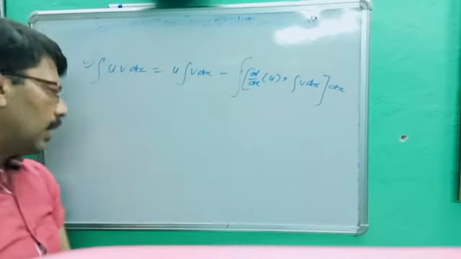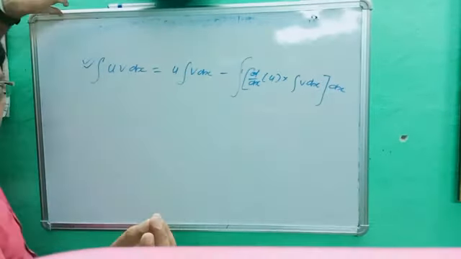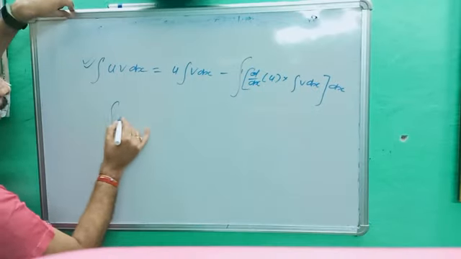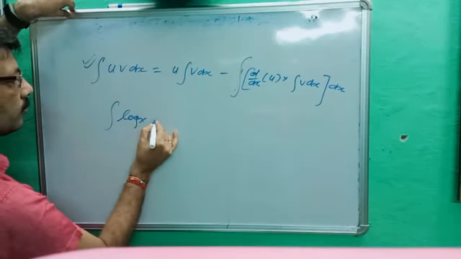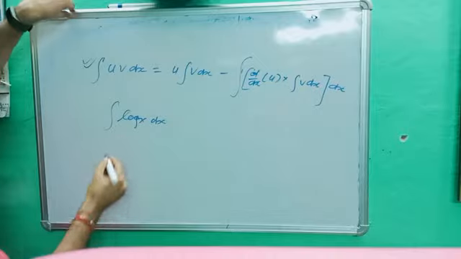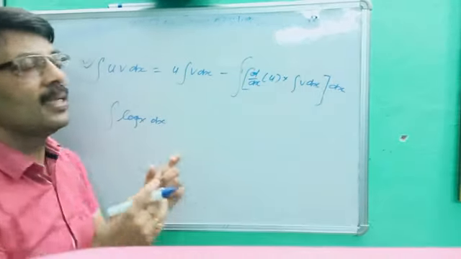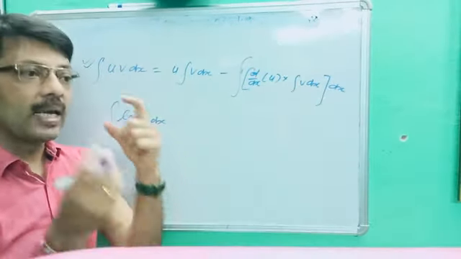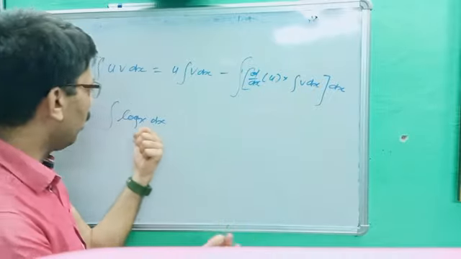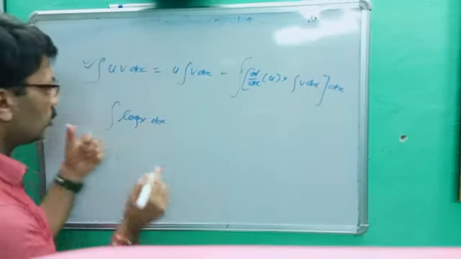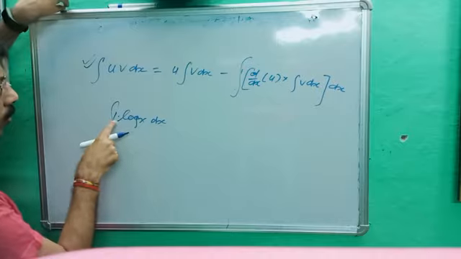Okay, and let's suppose, just a moment, let's suppose you are given the integration of log x dx. So don't put directly 1 by x. No, the integration of log x is not 1 by x. The integration of 1 by x is log x. The integration of log x is not known yet. So let's suppose you write it as 1 times log x.